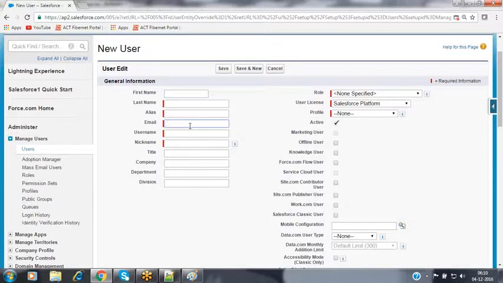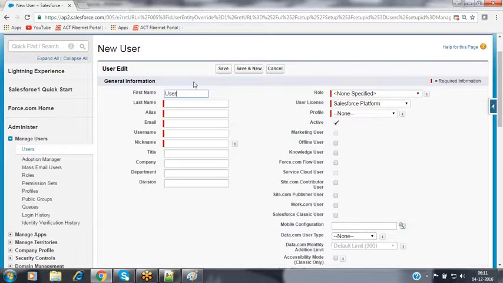As soon as they have entered the details, in that email field they provide your corporate email ID. Suppose you are working in a TCS organization, they will create one corporate email ID for you, and that corporate email ID they specify inside this email field. So to that email ID, you will receive the account activation link so that you can activate your account. Now they will provide all the details here.